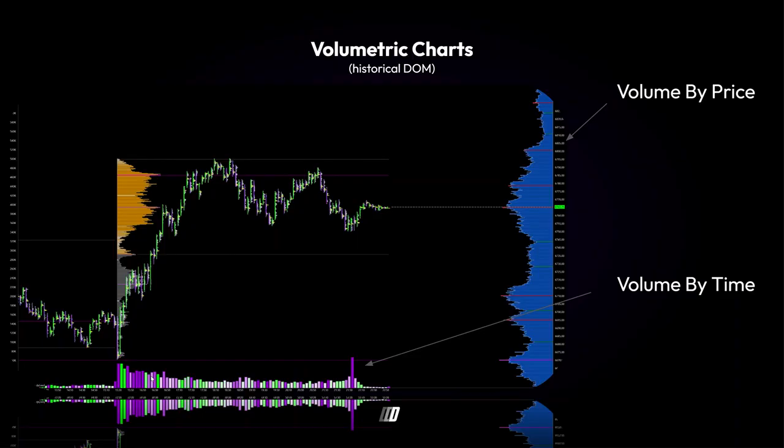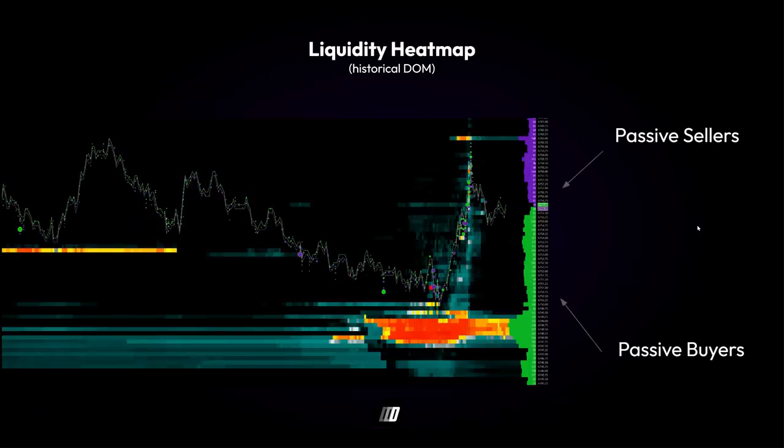How much activity, how much interest and participation was there in a determined price movement. That's volume by time. And it comes also in a vast array of ways and different visualizations and fashions. Then you have the liquidity heat map, which is another amazing tool